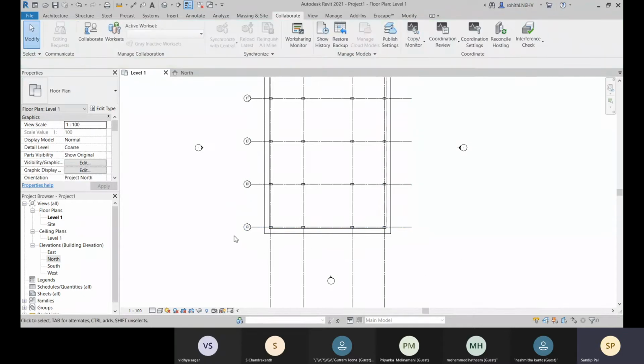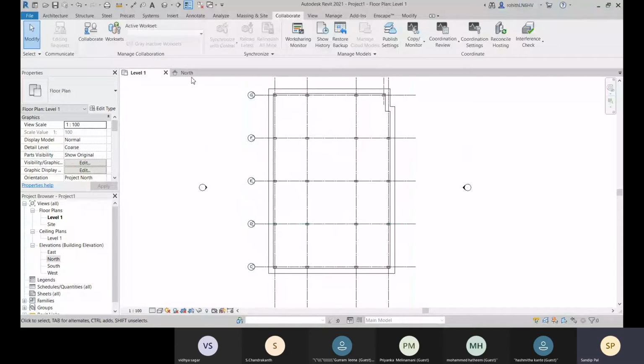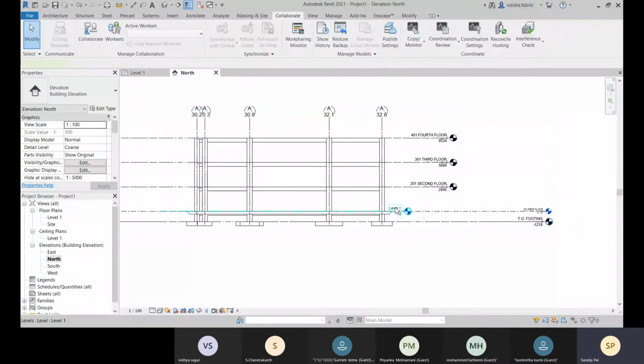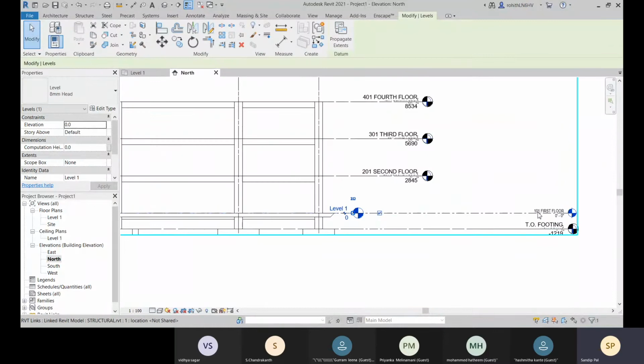All right, and here you can see that we have created some levels over there. So for this level 1, let me rename it with this 101 first floor.